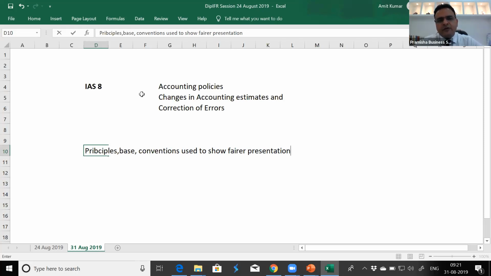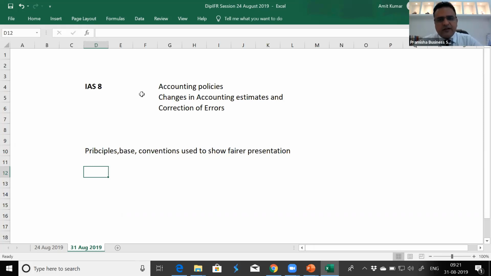It doesn't have to be perfect. There is always a confusion in accounting that we believe it is mathematics, but it is not. The balance sheet may not match. There will be some amount which will remain as part of suspense accounts. There will be some amounts which we need to estimate. We cannot count it to every penny. So accounting policy is the bases, rules, conventions which we use for fairer presentation.